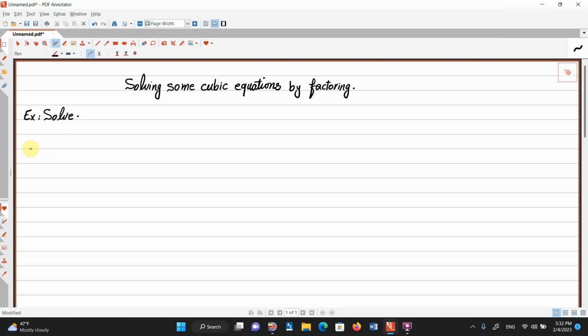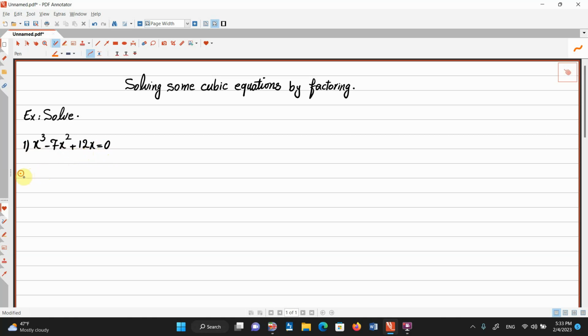As first example, I'm going to write example number 1, x cubed minus 7x squared plus 12x equals 0. As you see, guys, this is a cubic equation in which the cubic term, quadratic term, and linear term are available, but the constant term is not available. Whenever in a cubic equation the constant term is not available and the other terms from the cubic to the linear are all available,